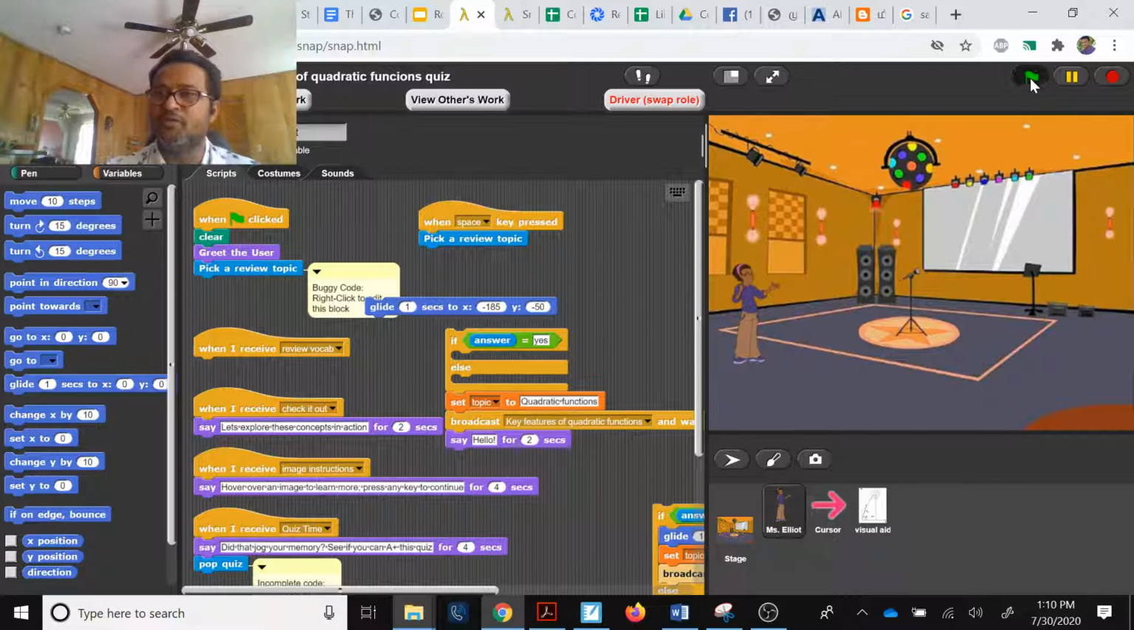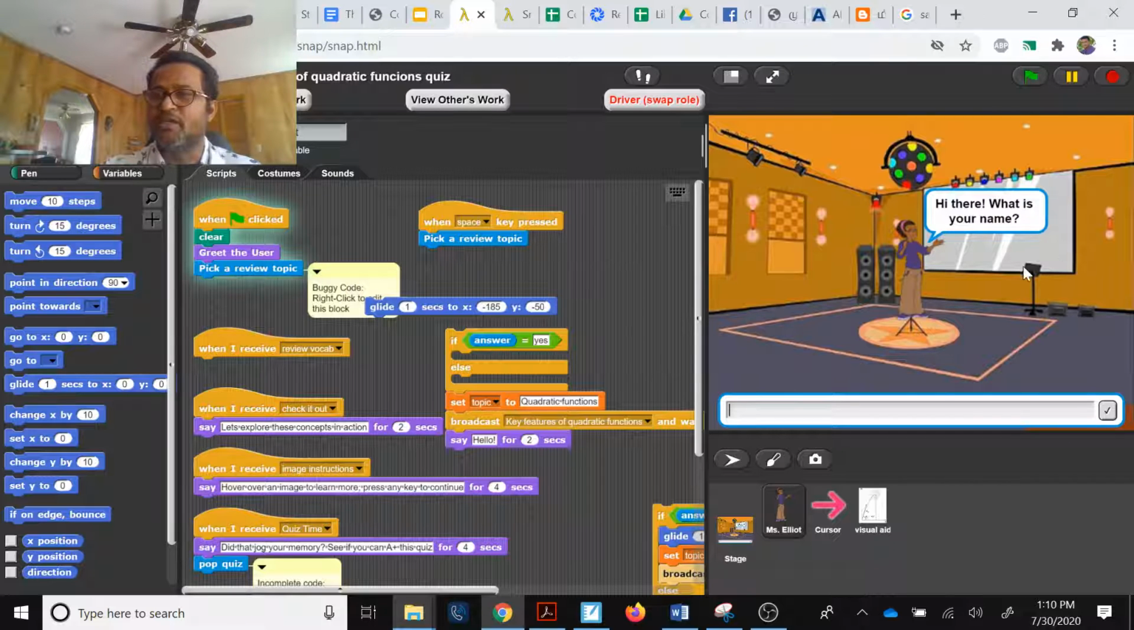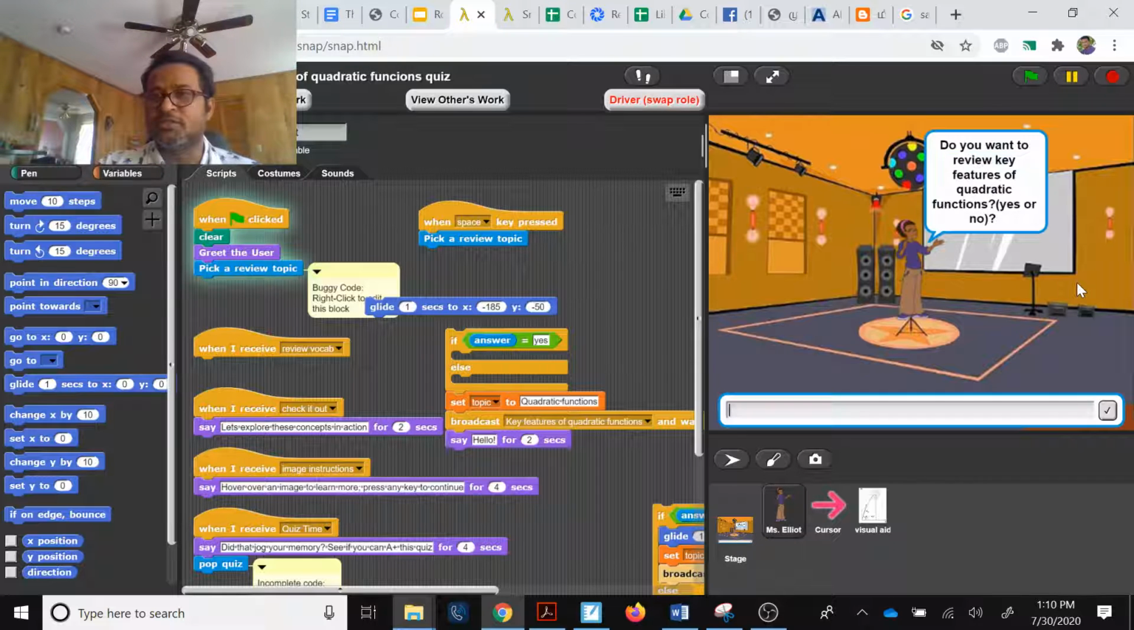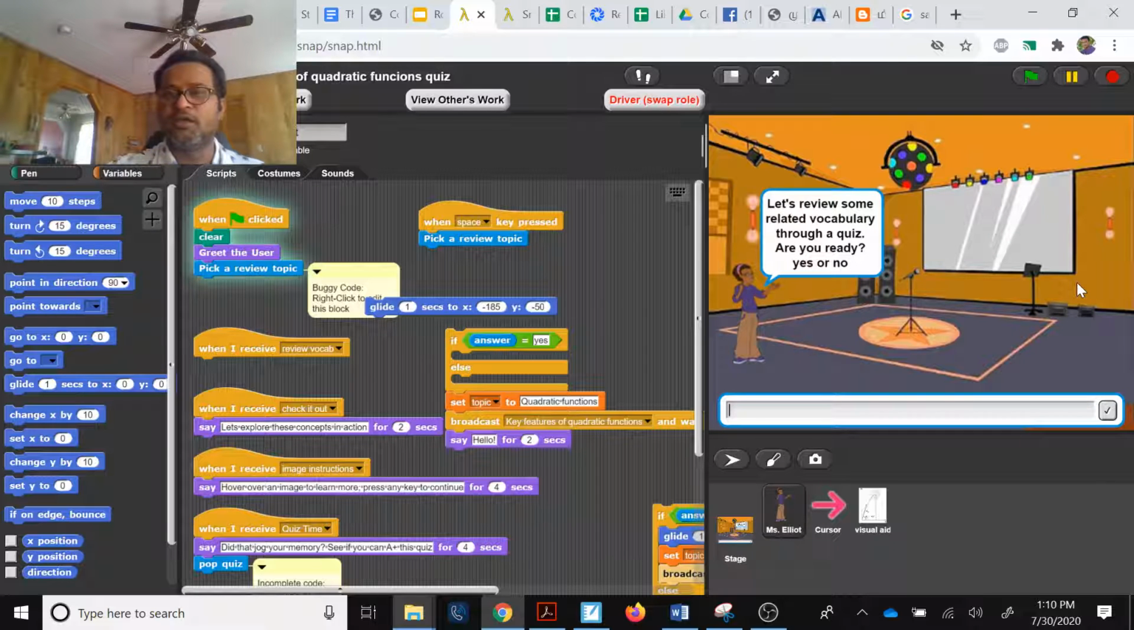you just hit the green button and it says, "Hi there, what's your name?" And you just put your name, and it welcomes you. She welcomes you and introduces herself, and then she asks, "Do you want to review key features of quadratic functions?" So if we type in yes, it says, "Let's review some related vocabulary through a quiz. Are you ready?" So if you type yes,